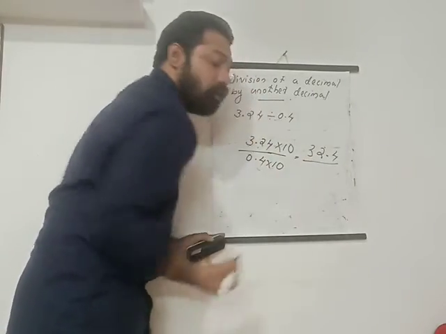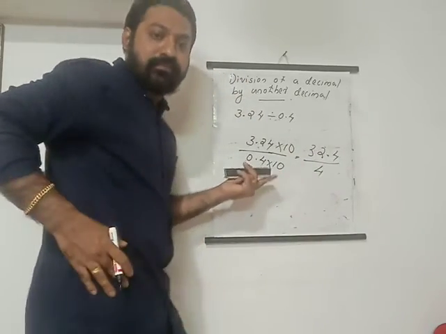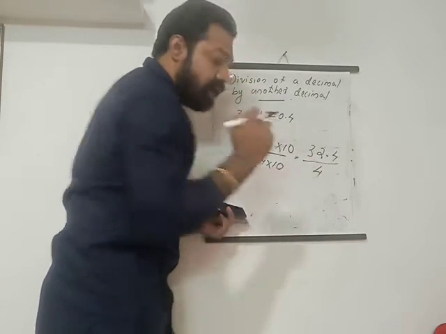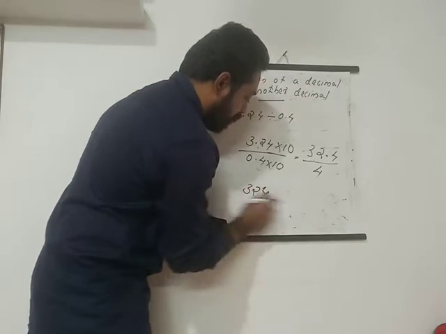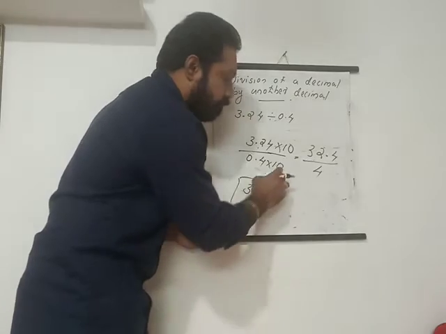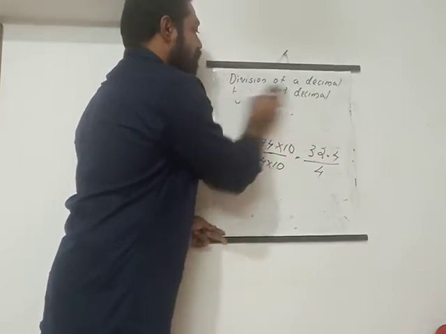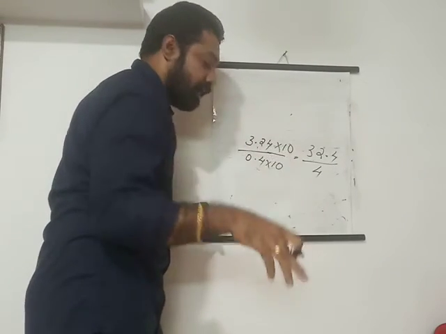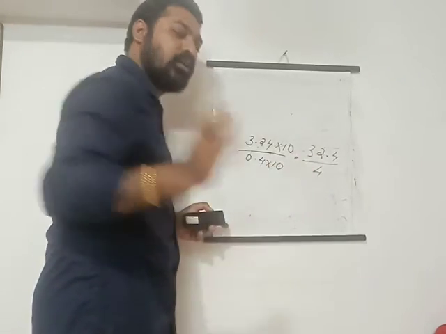Okay, 32.4. This is what? Now, division of a decimal number by a whole number. What we are doing? Just divide this one without the point, and after that, when you get the answer, just put the point. Okay, like that way. So the only thing I did here is that I multiplied the denominator to convert it into a whole number. That is the only thing I did.